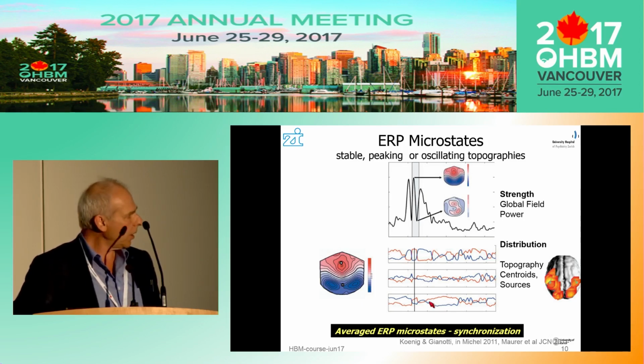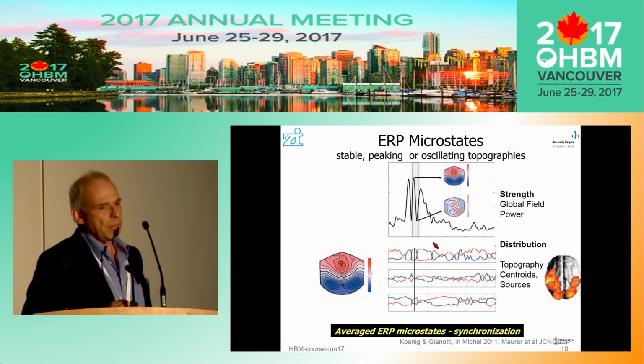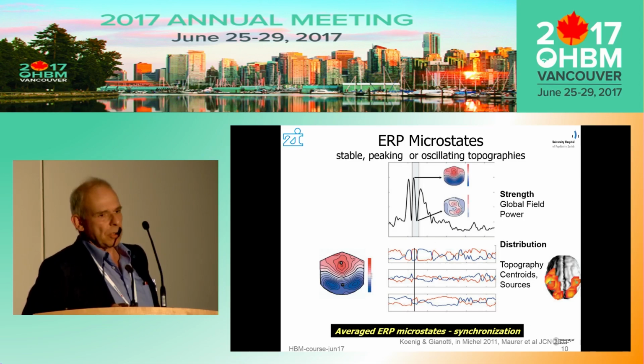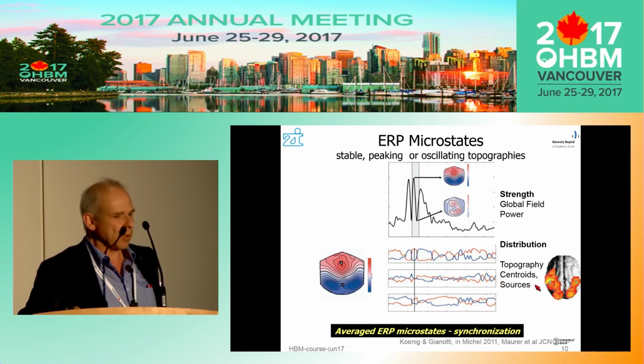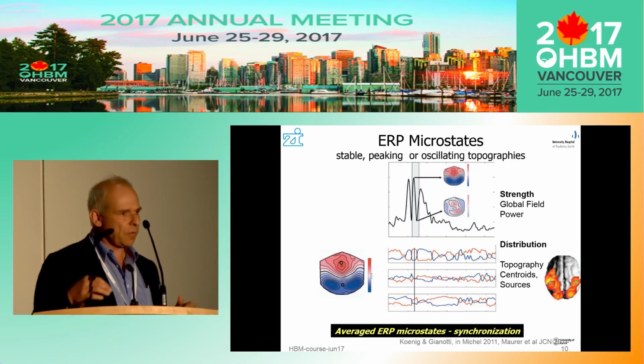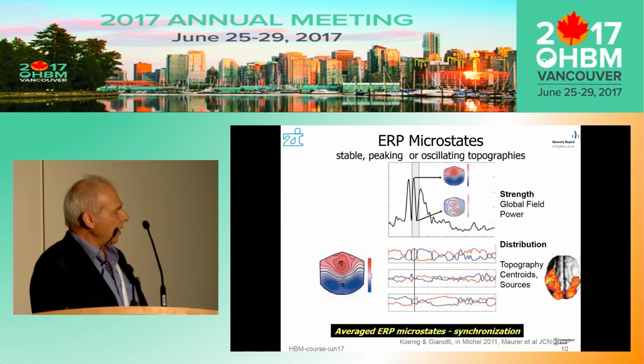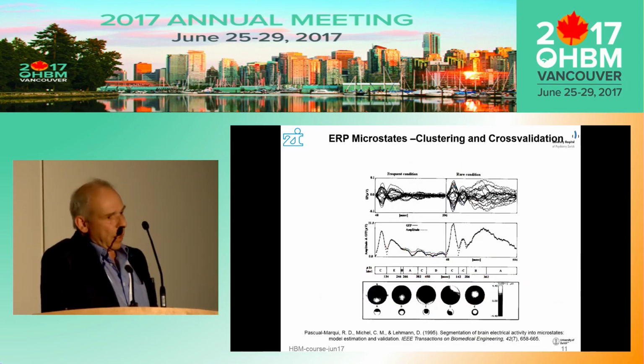And this is a very typical pattern that you can see. This is a visual N1 component with essentially at least two major bilateral generators, which are typically activated in synchrony. And many of the approaches and the source localization will tell you that these two sources are activated in synchrony, turned off in synchrony, and then oscillate or are replaced by a different activation pattern. The way to classify this propagation pattern into microstates, and then from the microstates to look at essentially propagation of the information flow has been described before.